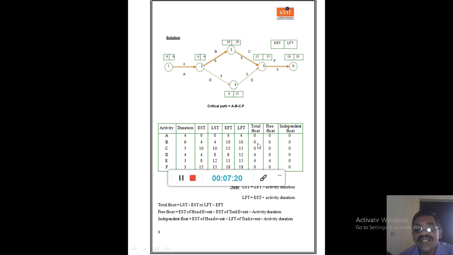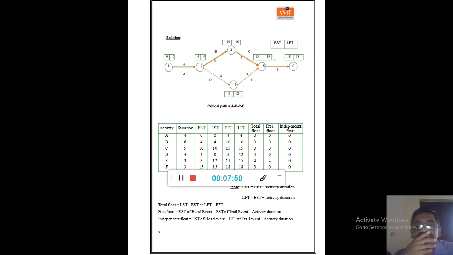In the second case, for activity B also 0, C 0, it is 4. So here we need to calculate the 4, and here also F 0 0 0. So that is over. Now you are required to calculate the free float for the remaining activities. What are the remaining activities? The activity E and activity